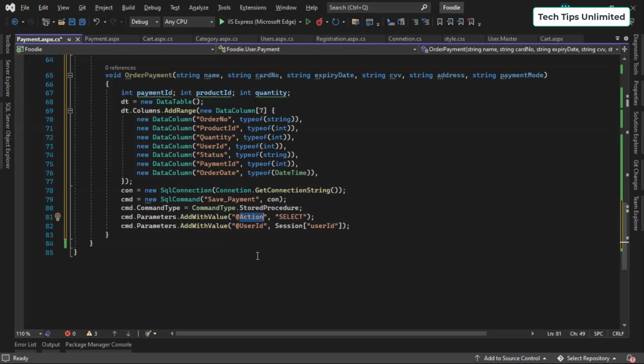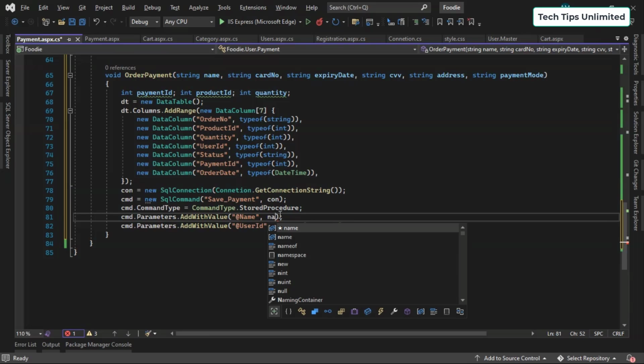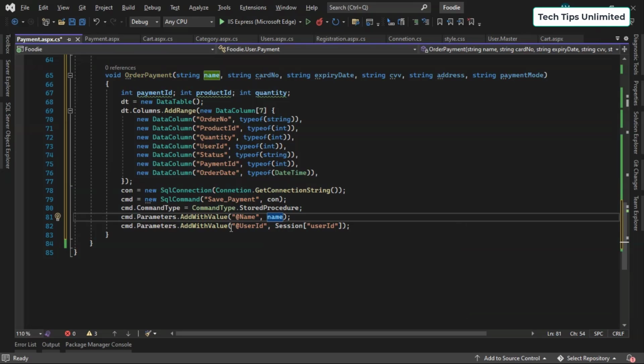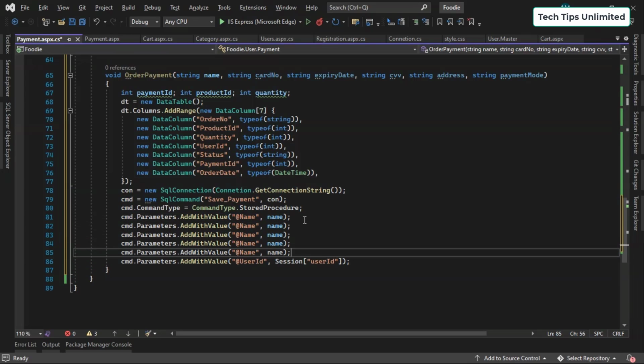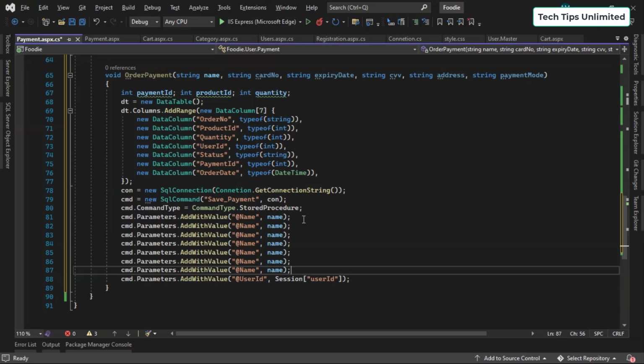We're going to use directly the parameter name, that is name, the first one here, name, and the value comes from the name variable here. Copy. Okay, so after name,